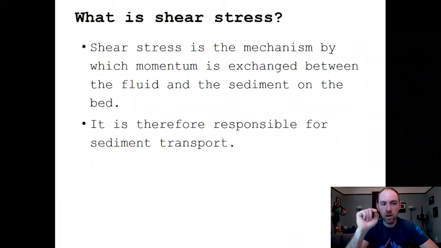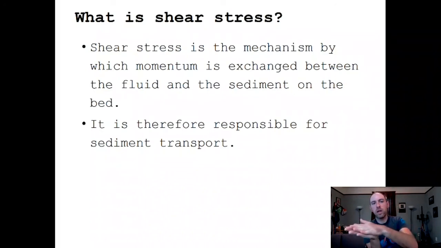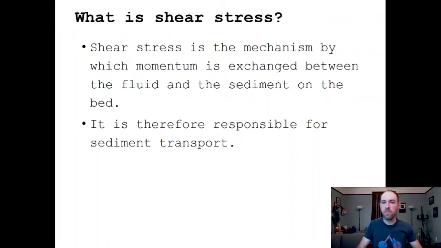Okay, so that's how much is shearing at the bed between the friction and the drag of the bed exerted on the fluid, or the friction and drag of the fluid exerted on the bed, which will be equal and opposite. Okay, and it's that stress, that shearing, that is responsible for sediment transport. Okay,